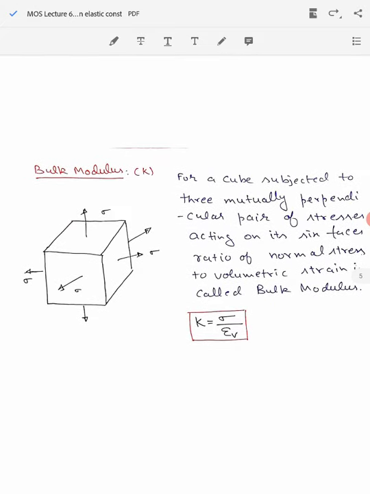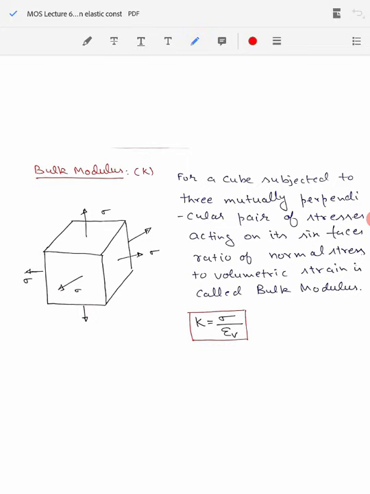So far we have talked about three elastic constants. First one was the modulus of elasticity, Young's modulus E, which came from stress proportional to strain, or Hooke's law. Then we had the modulus of rigidity, that comes from the shear stresses being proportional to shear strain. And then we talked about the lateral strain divided by longitudinal strain ratio, that is called Poisson's ratio mu. So we have already discussed E, G and mu.